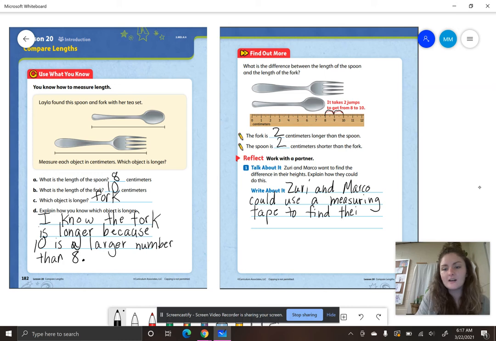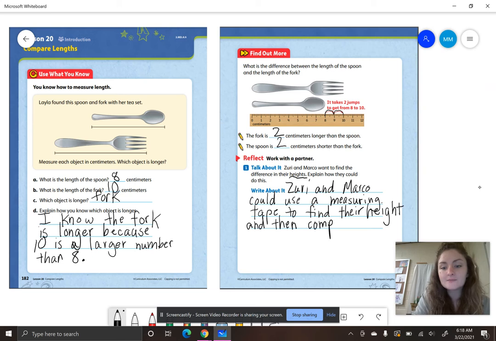Height is how tall something is. Now, I might not know how to spell that word, but I can go back to my problem and find the correct spelling. So height, their height, and then